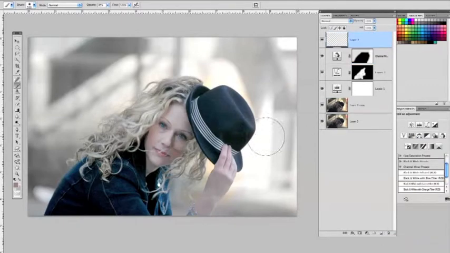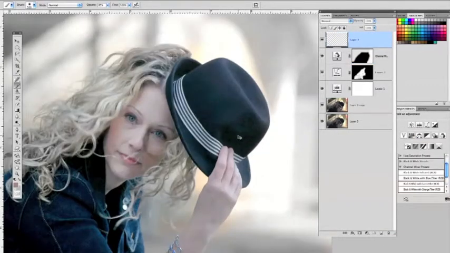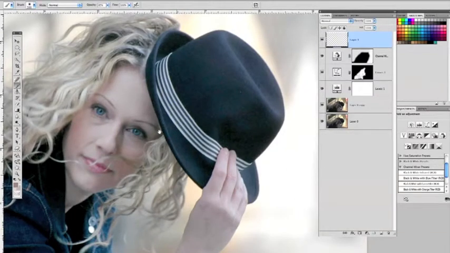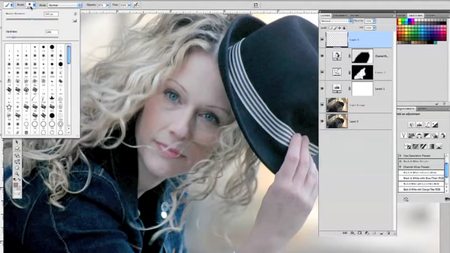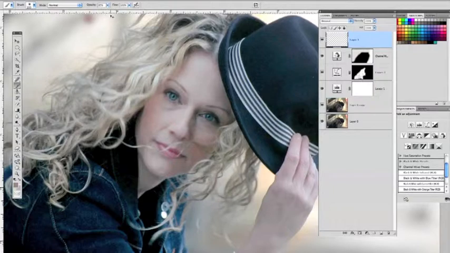Click that once, and we're going to zoom in nice and close by hitting Command plus and come into the eye area here. Let's make our brush nice and small by dropping that left bracket, tapping it a couple times, and let's make it nice and soft by moving the hardness all the way to the left. Now quickly what we can do is take the opacity that we're about to paint with down to about 16